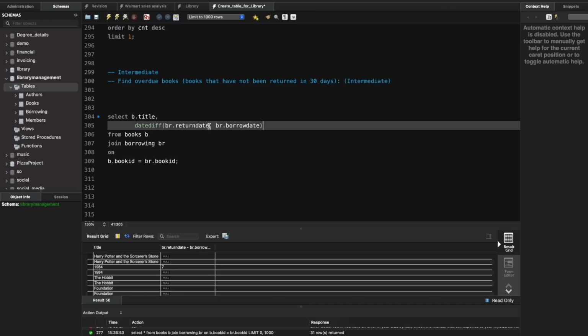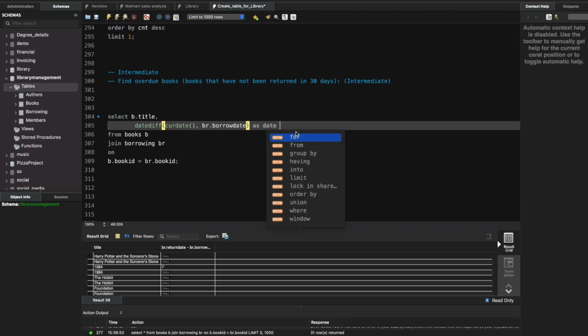Yeah, but remember guys, we need to find books that have not been returned in 30 days, right? So right now, for the return date, I can cancel the return date. I can write it as CURDATE. CURDATE will give me the current date. All right, so as date overdue,